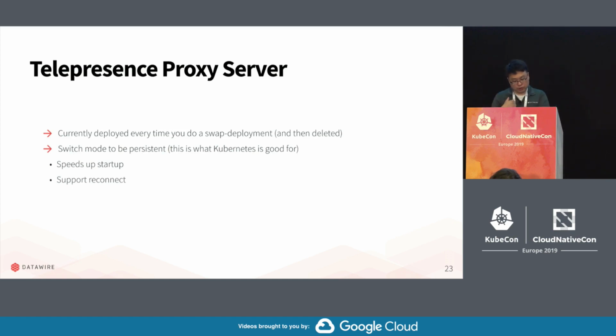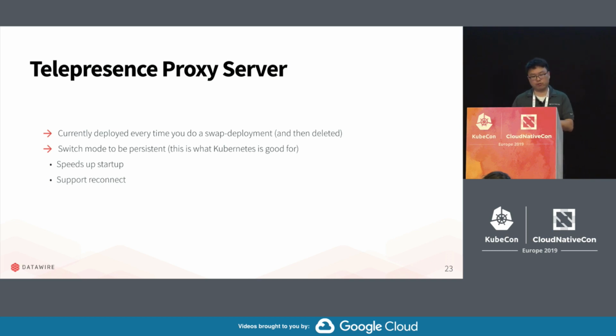On the proxy server, it doesn't really need change. It's not really the world's most sophisticated piece of software. But one of the things is every time you swap out that deployment, we redeploy that proxy server, which is silly, right? So we're planning on switching to a mode where your proxy server is persistent. So you deploy a persistent proxy, because, after all, Kubernetes is designed to run persistent services,